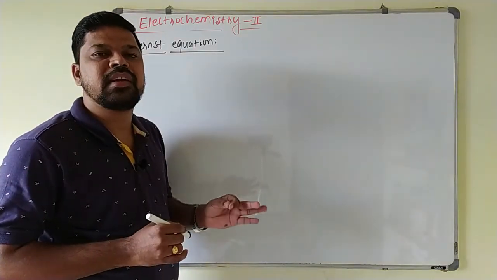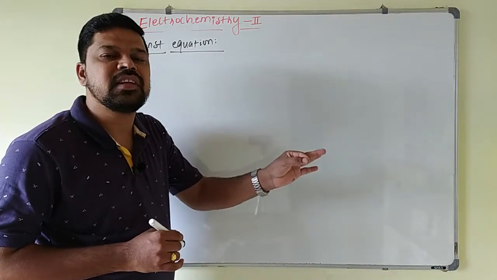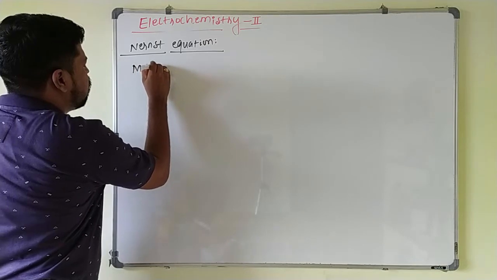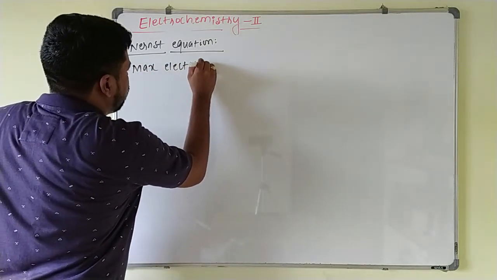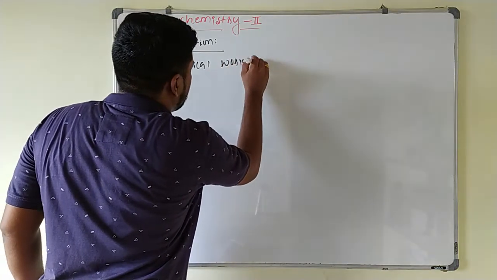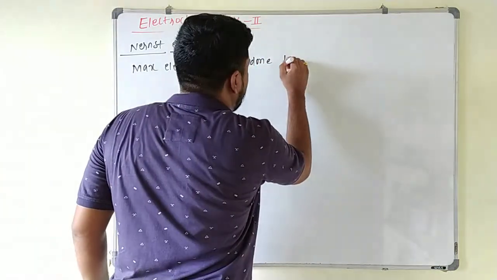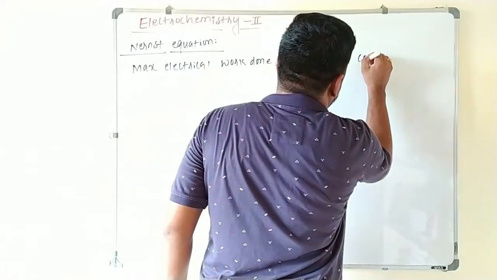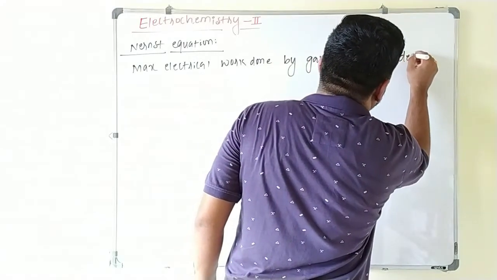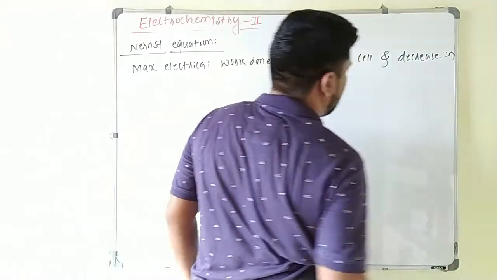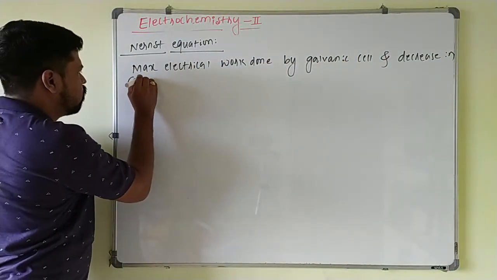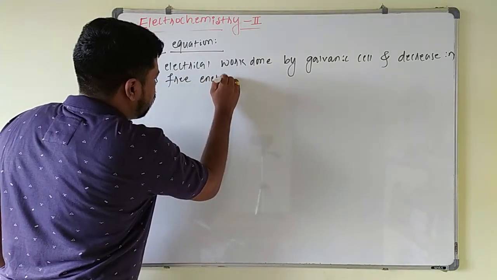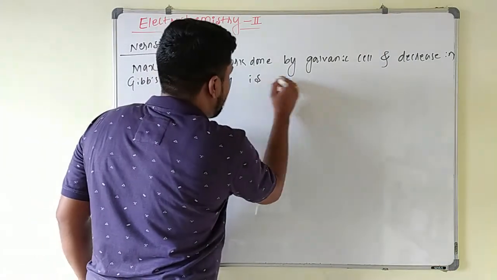Now the maximum electrical work done by the galvanic cell and the decrease in the free energy can be related as, that is, maximum electrical work done by galvanic cell and decrease in Gibbs free energy is related as